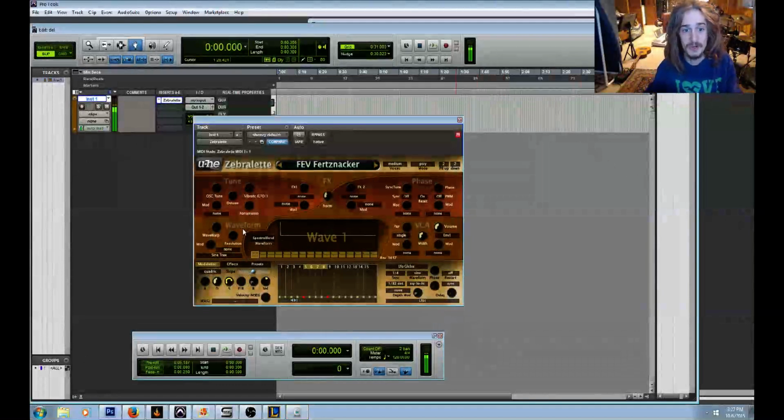So there's our waveform, and what we can do in here is we can come up here and change the tone of it, and give it some vibrato or none. Down here is our envelope. We can change